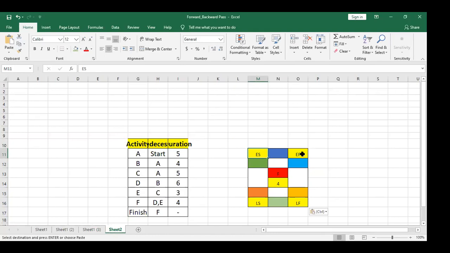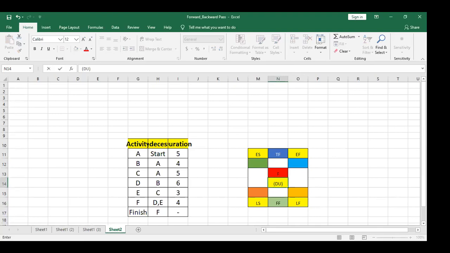On the top right corner, I will write down the early finish time of the activity. Bottom, I will write down late start, and here I will write late finish. Here I will write total float, and here I will write free float value. And here activity name, and here duration of the activity.